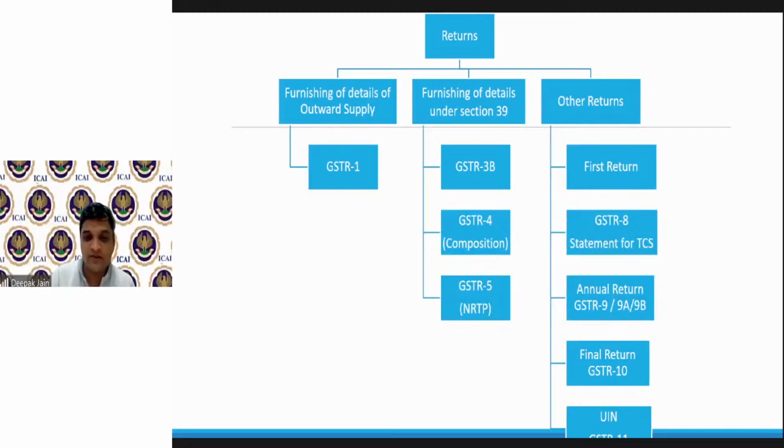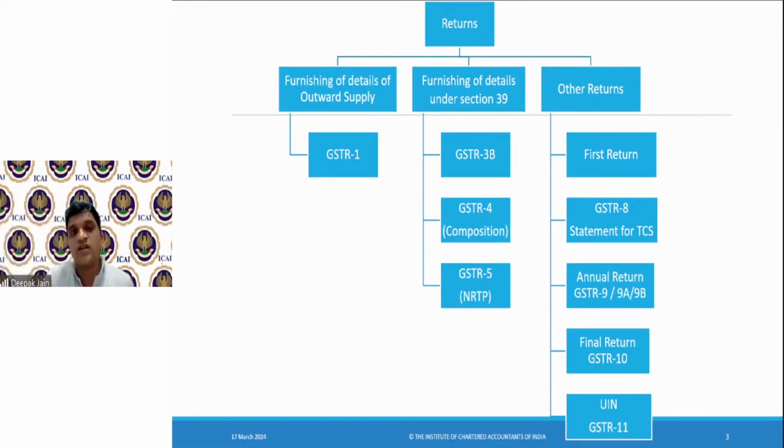Okay, correct. To settle all of this, Preeti Khetan is saying the advocate is providing the outward supply, so the advocate will report it. That is the right answer. And not only Preeti Khetan, others also have reported that the advocate will report. That's the correct answer, because you see GSTR-1 says furnishing of details of outward supply. So who is doing the outward supply in this case? The advocate is doing the outward supply. So if he is registered, he will report it. If he is not registered, he will not report it.